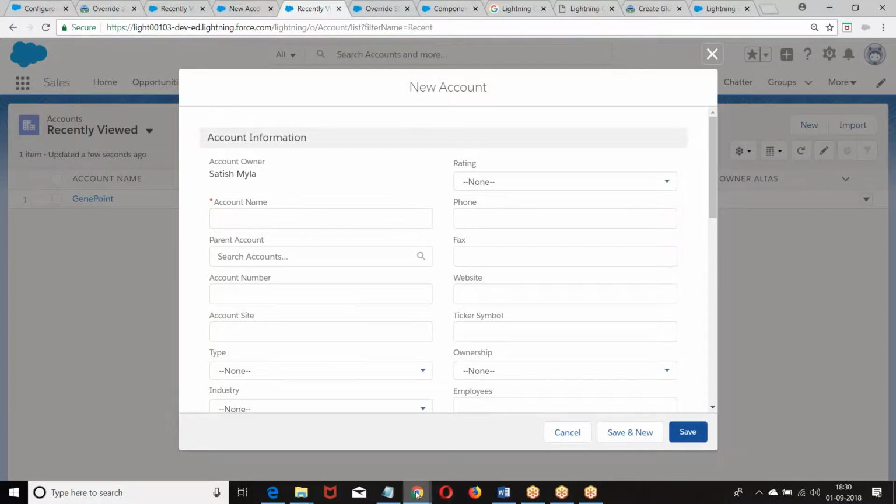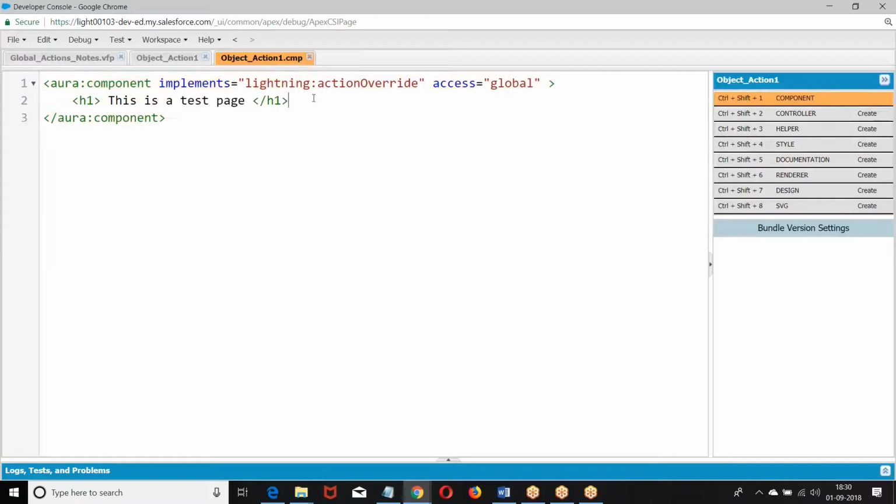So what do you want to do? Let's go back to this file, new component.